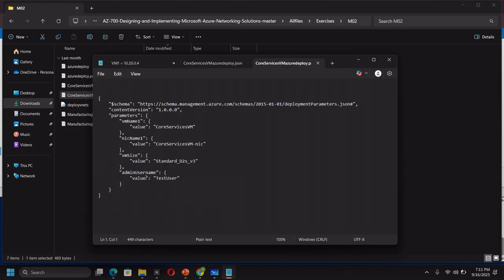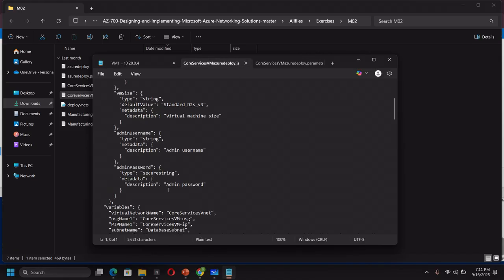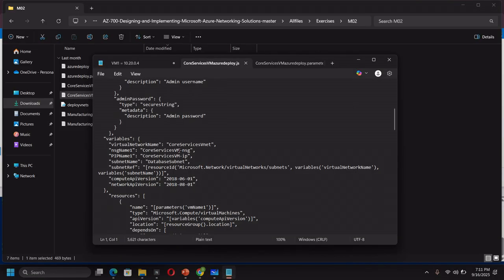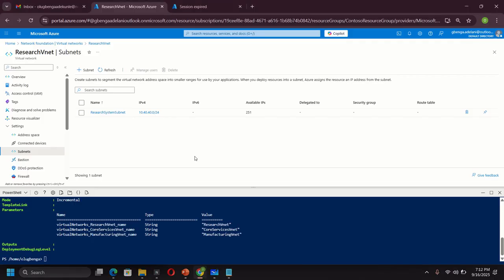The username is going to be testuser. Now there's no value for the password. It simply means that I will have to manually type the password at the point of deploying the JSON file. And this is going to be the name of the virtual machine itself, core service VM. Then this particular virtual machine will be deployed to core service VNet, and it's going to be deployed to the database subnet under the core service VNet. So let's go back to the portal. Now that I've uploaded the two of them,